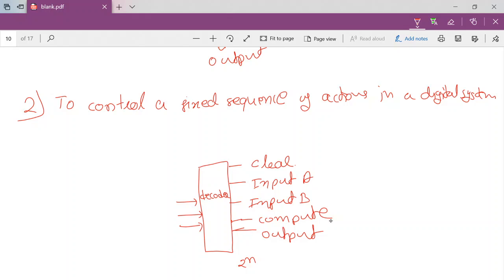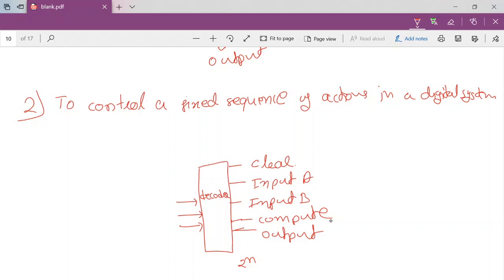So suppose we have applied 010, that decodes 2, so the second output line will be 1. Only one output line will be 1 corresponding to the input.